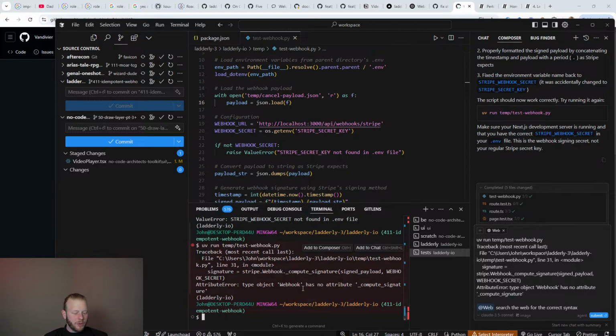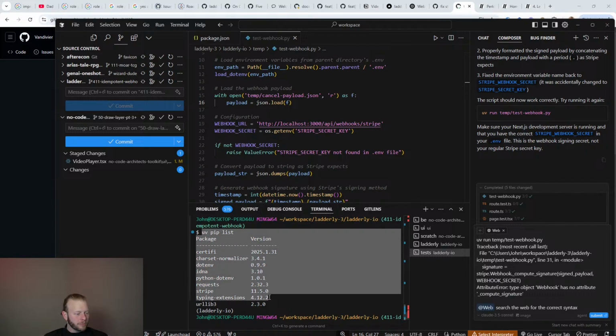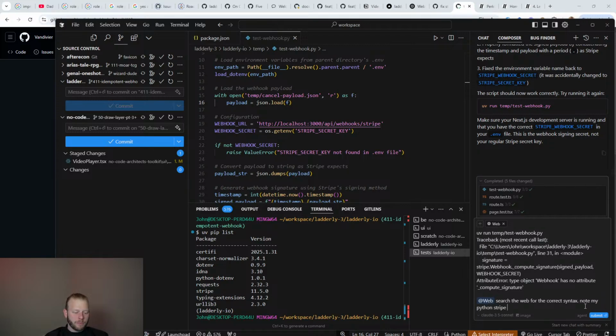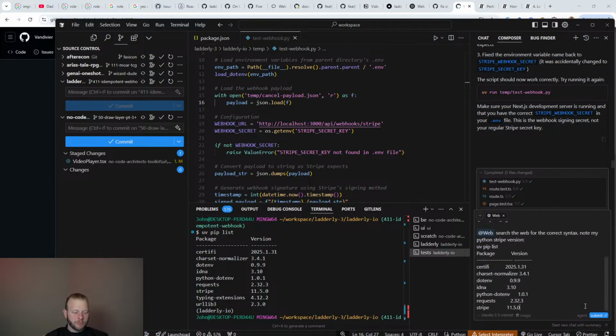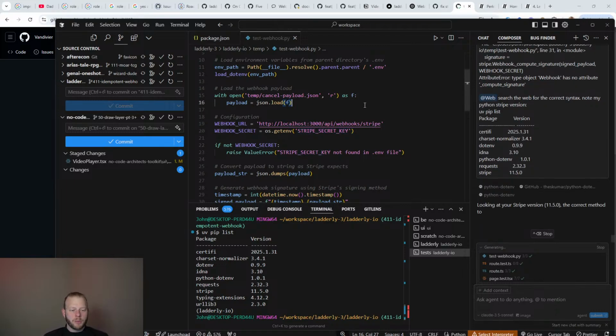And I'll also uv pip list, for the correct syntax, note my Python Stripe version. Get that string on my clipboard before it reverts me again.